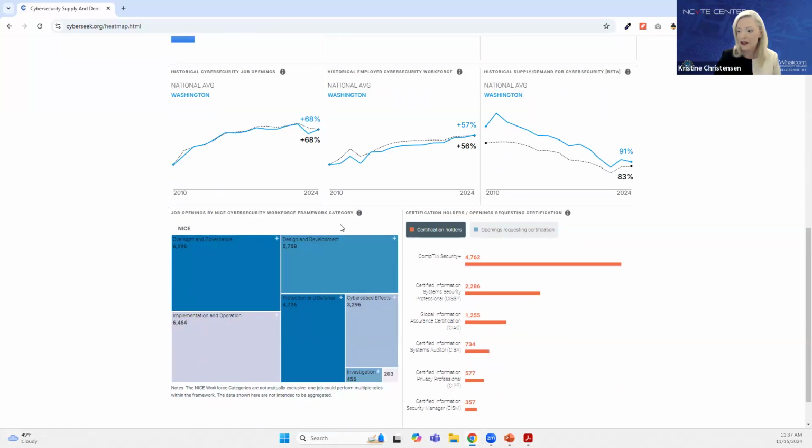And what I always like to showcase is that, look, that's why we want to know what the NICE framework is, because, thanks, Mike, they do break that job openings down by the categories in the NICE framework. So again, everything is going to be based off that framework because it is a common language or common lexicon for all those jobs. So it again shows the students like these are areas you want to know about.